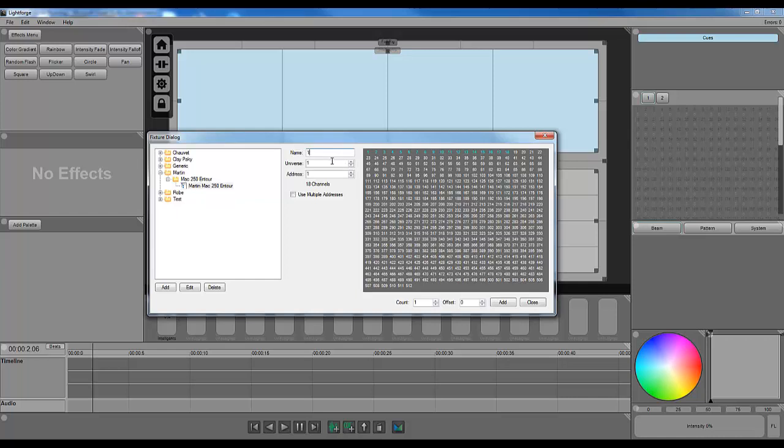So I'll set the name to be 1, and then this allows me to set the universe I want it to be on and the address. I'll actually have these start at address 50, and then I want to add in 4 of them, so I'll just increase my count to 4. And you see in this address panel here, everything highlighted is going to be assigned to